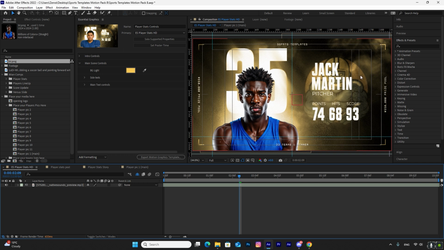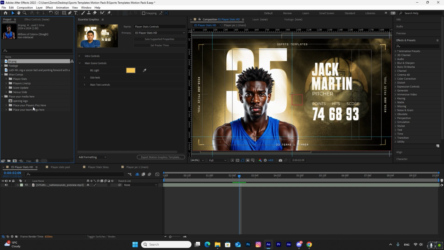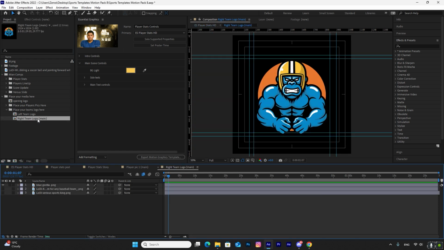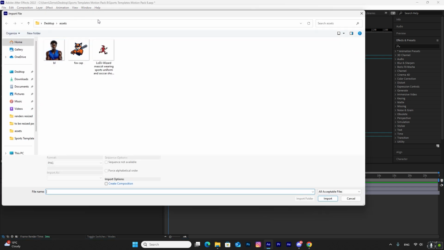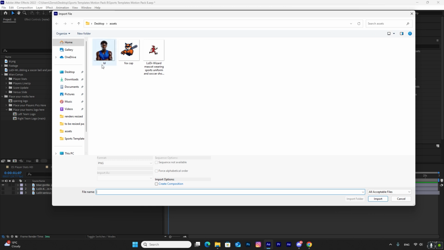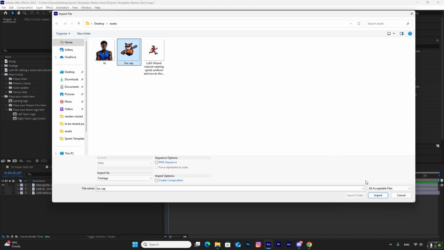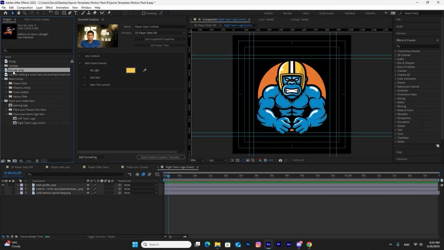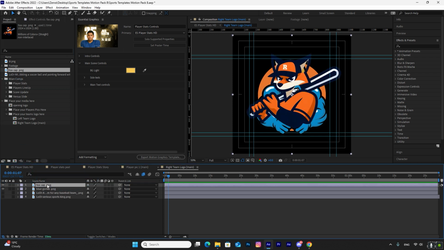Now let's change the team logo. So let's go back to here. Please place your team's logo here. Unfold it. We go to the right team logo main. So this is used in the player stats. Double click on it, we have this blue gorilla. We press on an empty space here to import a new layer, and now we're gonna import this fox. I'm gonna drag the fox, put it on top of this layer and press S to scale it a